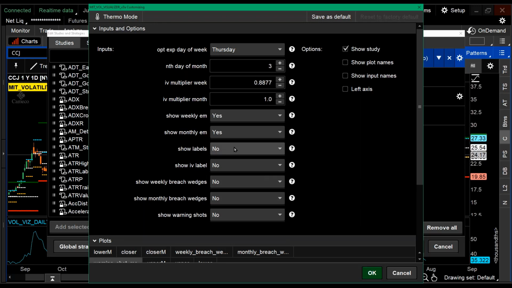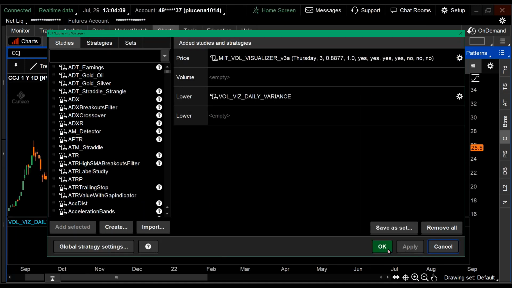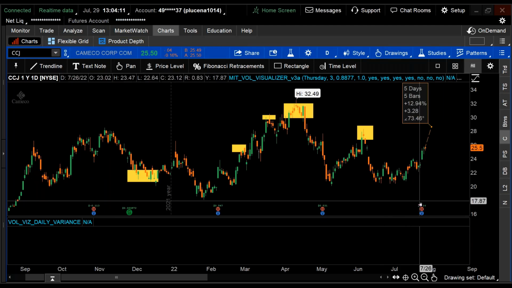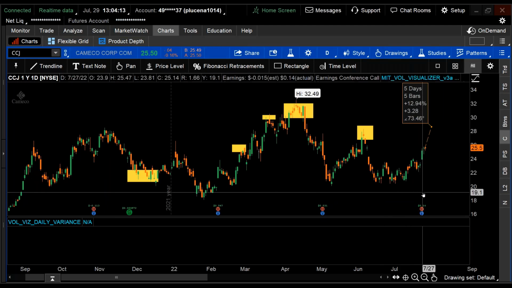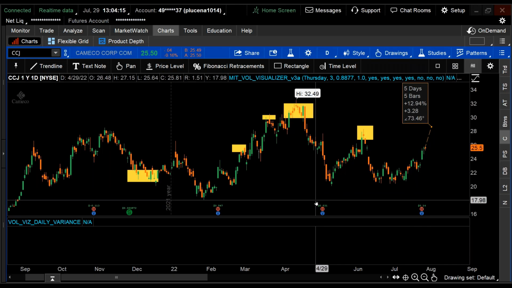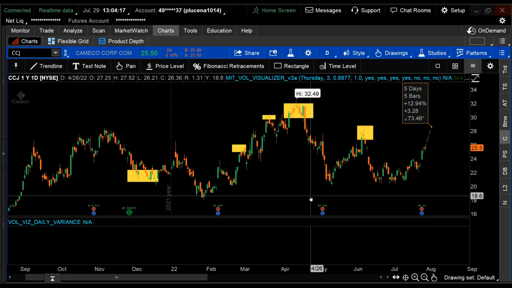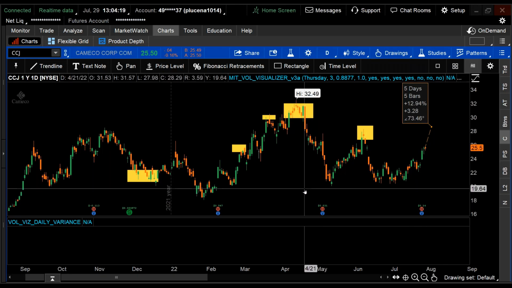The vol-viz is the volatility visualizer, is what you're seeing right in front of you, right? It's a charting tool that plots the upper and lower weekly and monthly implied moves. And that data is grabbed from the options market, from the implied volatility for the week and the implied volatility